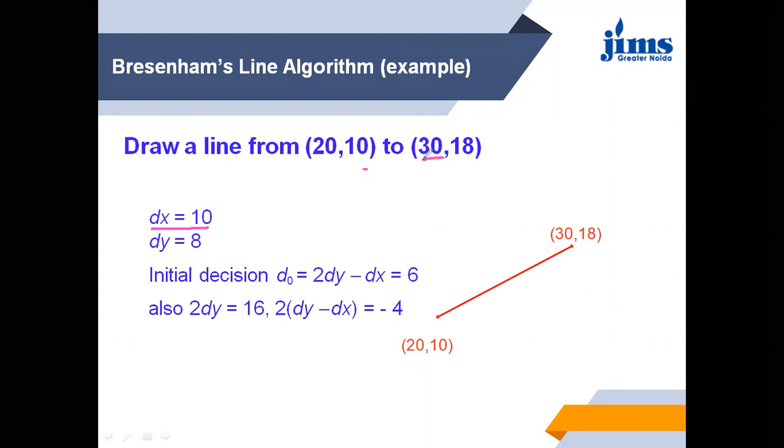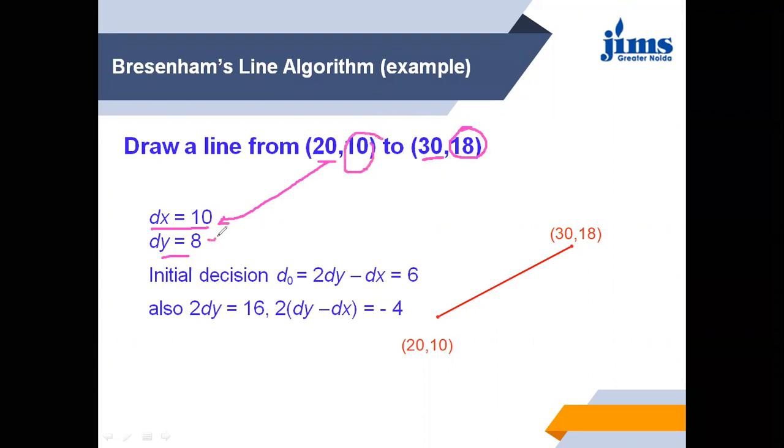This is 30 minus 20, so this is 10. Then dy, that is y2 minus y1, that is 18 minus 10,